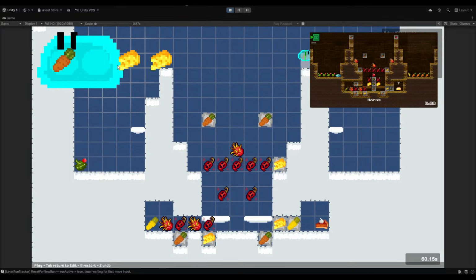Excuse me? The dragon fruit? Yeah. That's not supposed to do that. Interesting. I think I know why it's bugged like that. Oh, at least undo fixed it. I don't know how that worked, but there you go. And then I have to eat you. Boom, boom, and win. Okay.